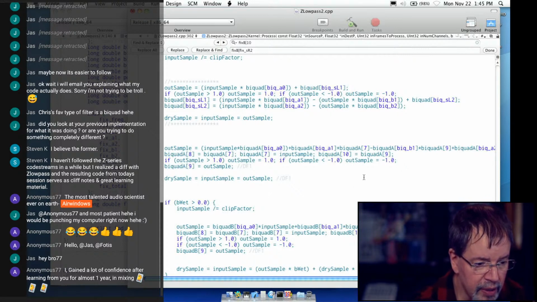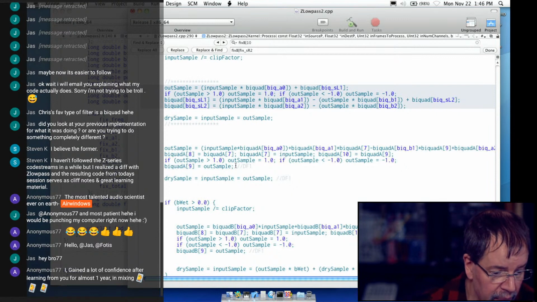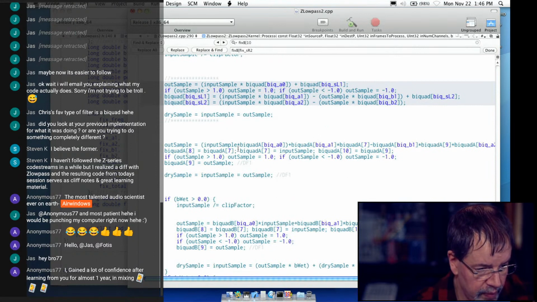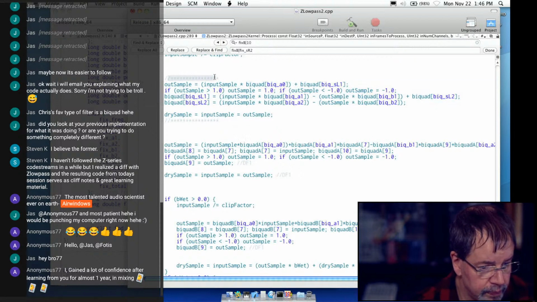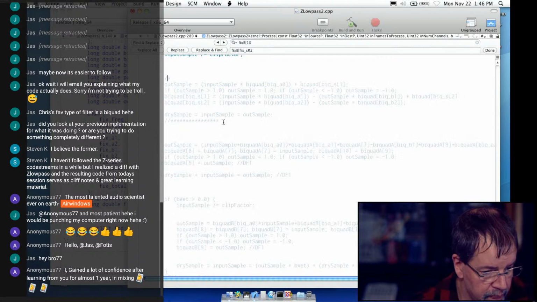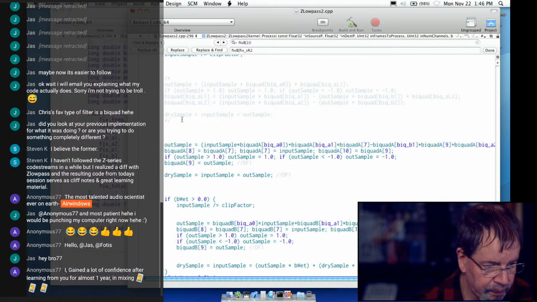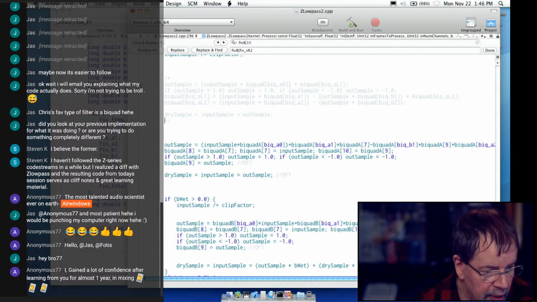So I would say my next job here is, let's start copying and pasting. This all says just biquad and isn't really a thing, but when we paste it into this and then add the relevant letters, we should be able to comment out the stuff that doesn't relate. So here's our first level. Actually, you know what? We can do this. So if we comment this, or copy this,